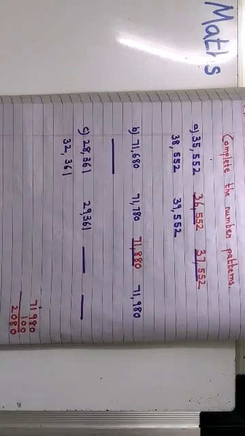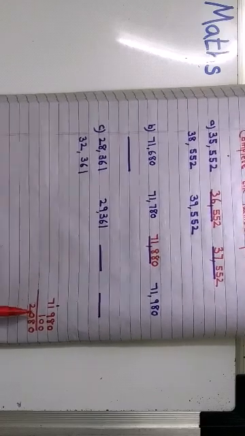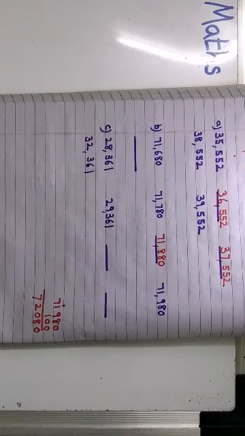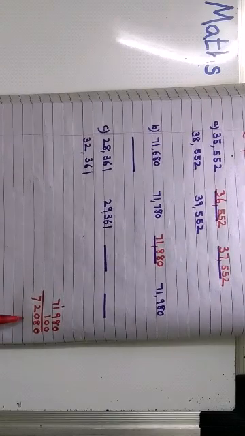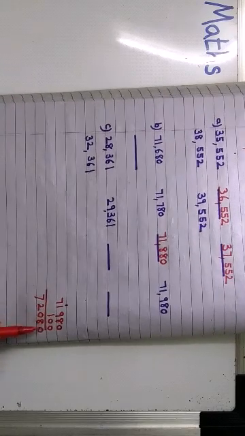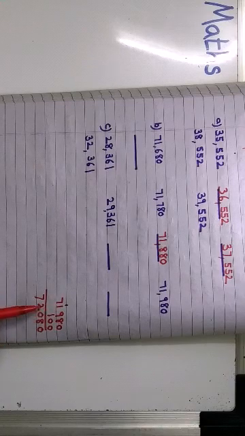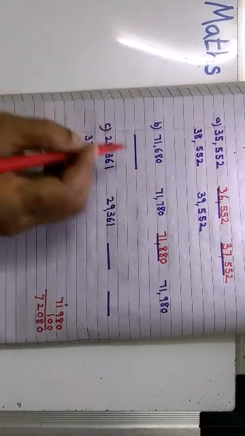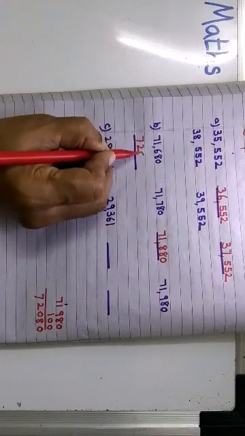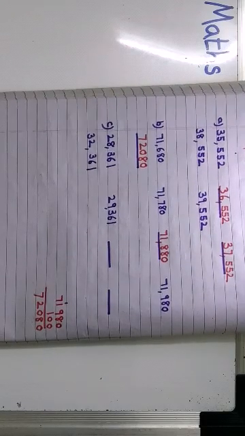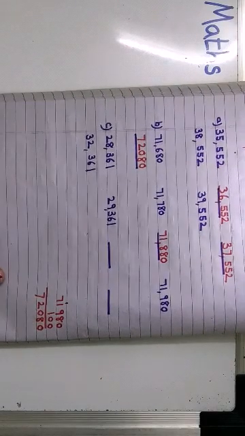Because this 1 has come here. 9 plus 1 is 10. Right? And then it is 7. Here many of you have made a mistake. Is it clear, children? How did you get this? 9 and 1 is 10. So you carry over 1. Unit, tens, 100 in the hundreds place. So you carry it to the next digit, that is the thousands place. So your answer is 72,080. Right? Now the next one.